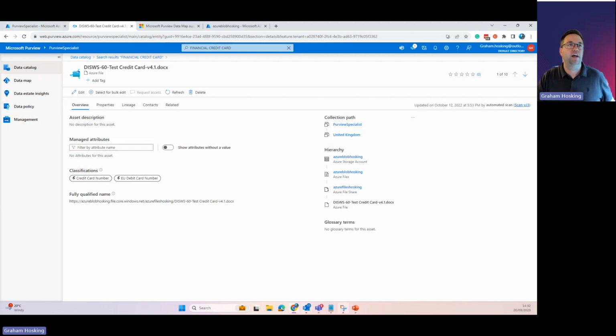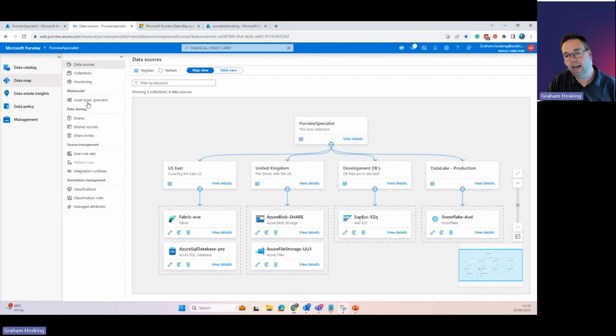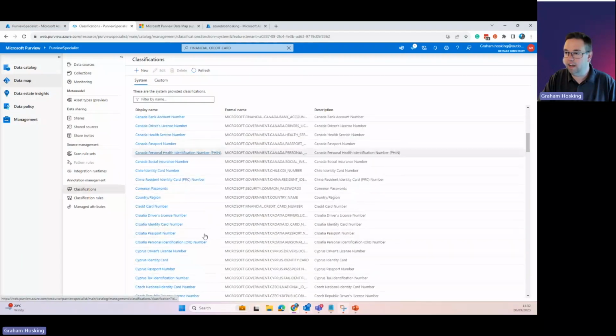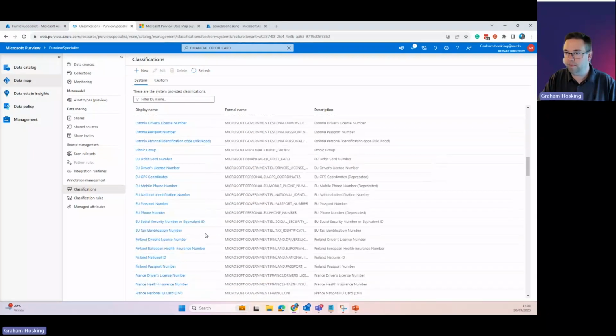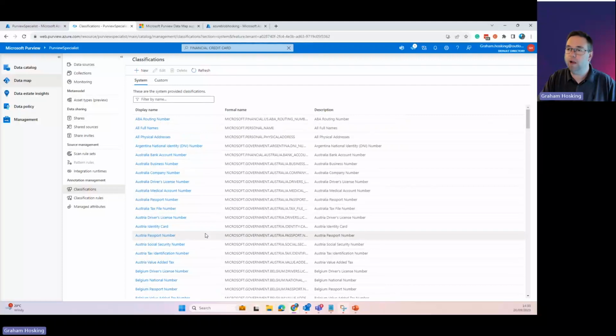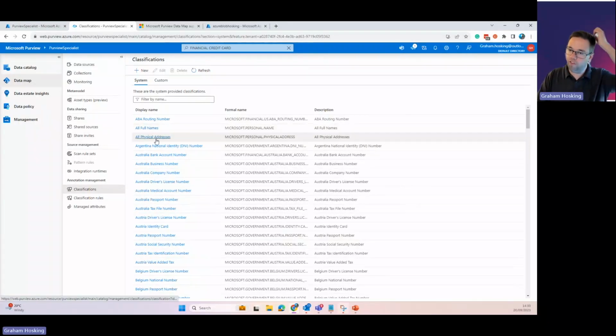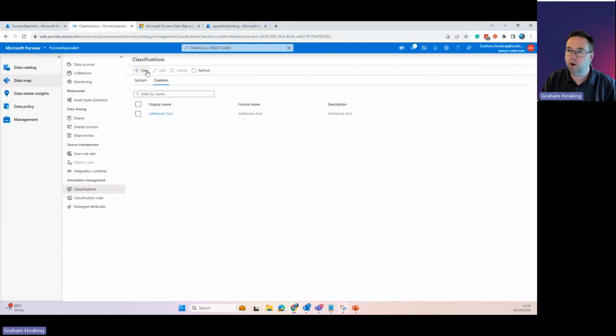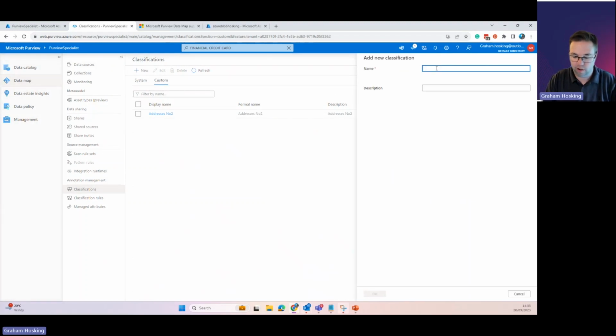Let's head over to data maps and classifications. Now, in here is a list of all of the built-in types that we can choose from, but we might want to create our own. We know we've got full physical addresses here, but maybe there's something more specific we want to work on, like UK passport numbers. So what I can do here is create a grouping of my own. So I could call it